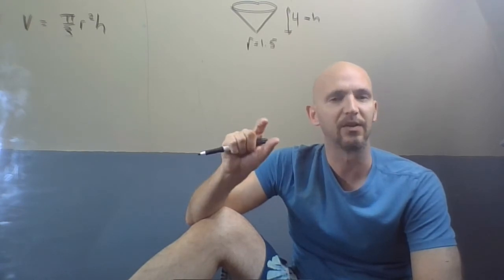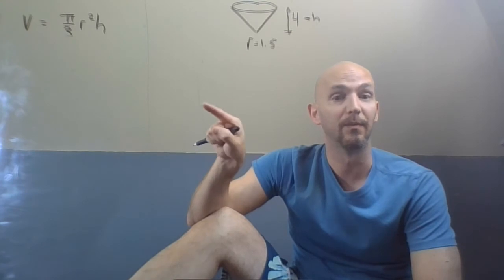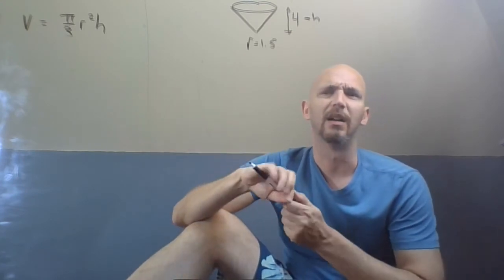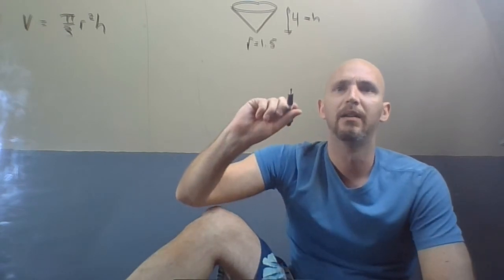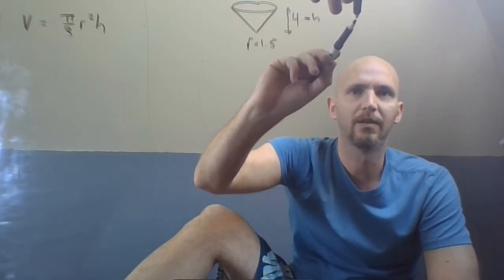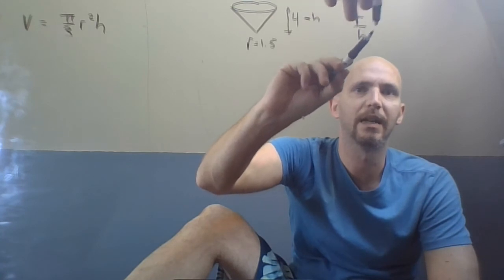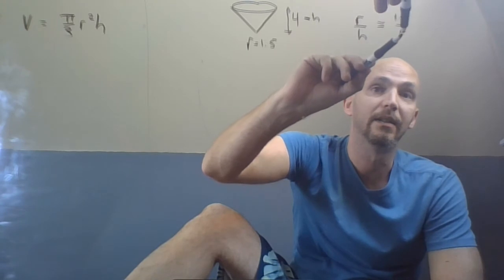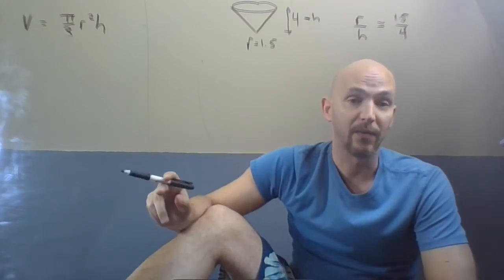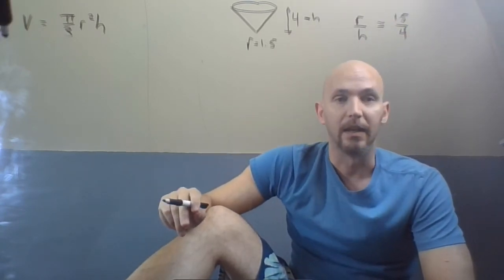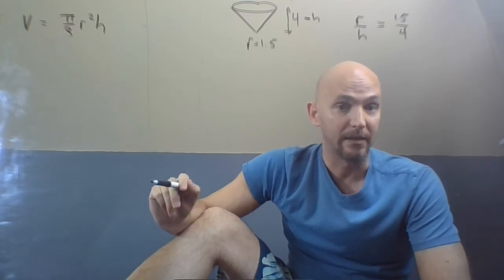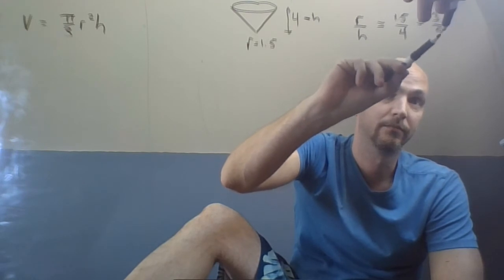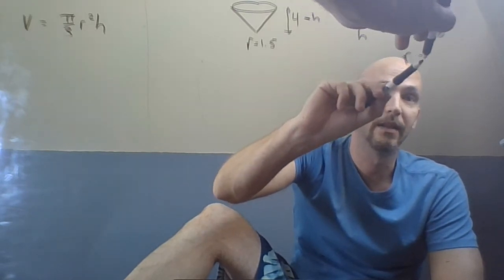So we're going to use that relationship to make a replacement in this before we do the derivatives. So what did I say there? If you compare the radius to the height, the radius is 1.5 and the height is 4. And that's a fraction faux pas. You don't do that. You would write that as 3/8. So radius is 3/8